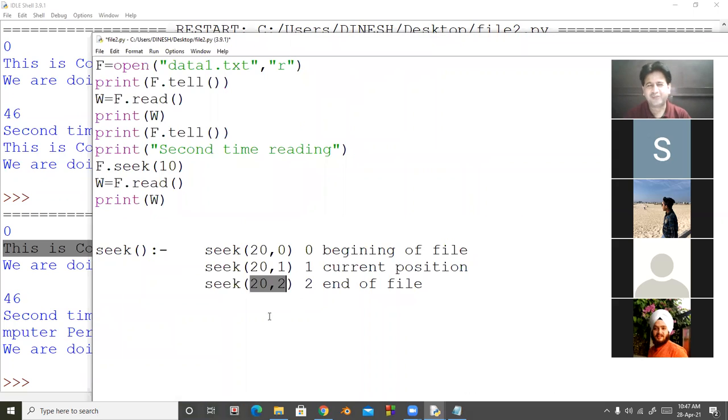देखो, पहली वाली लाइन का मीनिंग है 20th कैरेक्टर from the beginning of the file. 1 means 20 कैरेक्टर फॉरवर्ड, आगे की तरफ, from current location. Suppose आपकी current location 10 है, तो आप 30 पर पहुंच जाओगे. पर जब आपने 2 लिखा, it means end of the file, end of the file से आप 20 कैरेक्टर how you can go forward? So here we can use negative value like -20, 20 bytes, 20 location backside. So a very good observation.